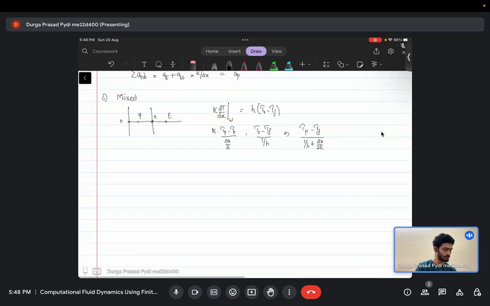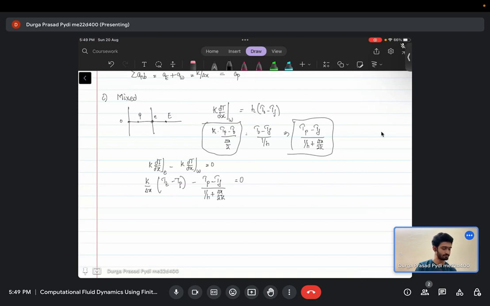So from this, what you get is k by, so now you have an expression for this term essentially equal to this term over here. Now if I write our original equation, we have k dT/dx on the east face minus k dT/dx on the west face equal to 0. On the east face it is k over delta x, which should be familiar now, minus on the west face, where I am replacing with the last term, Tp minus Tf by 1 by h plus delta x by 2k,